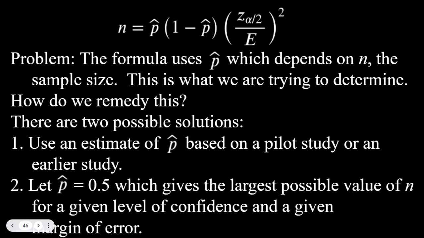So if your chances are 50-50, if your proportion is 50% and 50%, have the characteristic and do not, that gives you your largest possible value of n. And so if you don't have any other options, that's what you would choose for your p hat value in